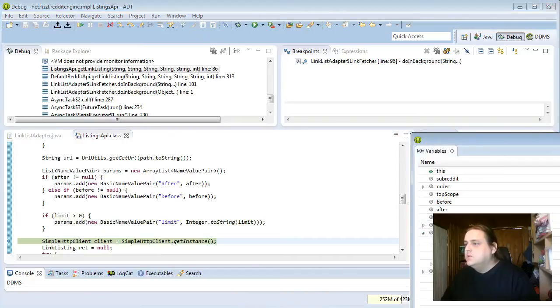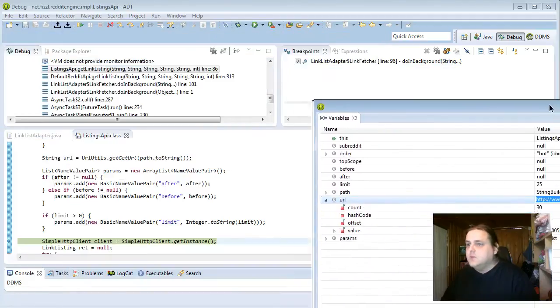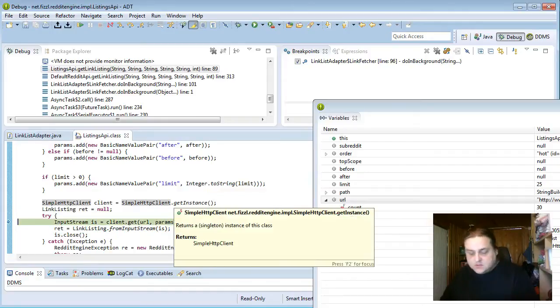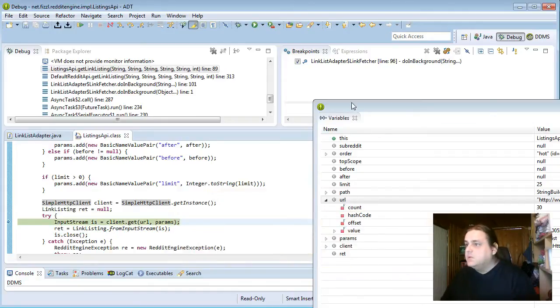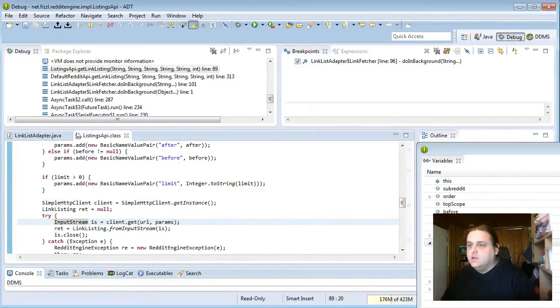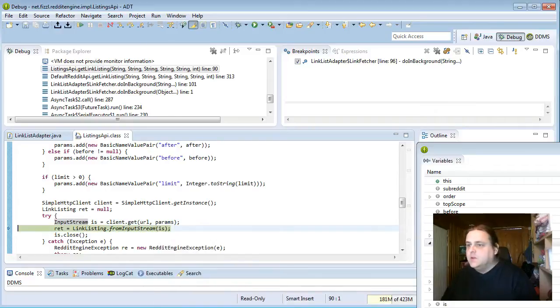So now the URL looks like this. Oh, not yet. Params. Alright, it's parsed in the client. That's not important. The important thing is now here we've got an input stream from Reddit, and we are going into